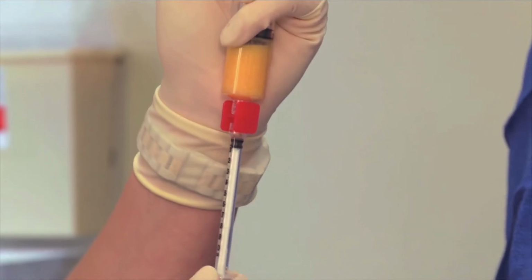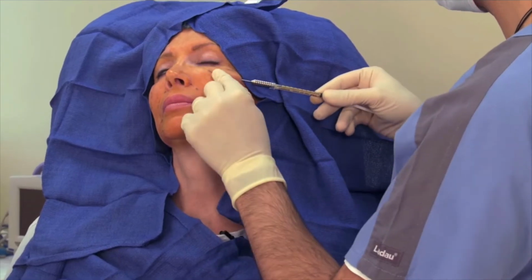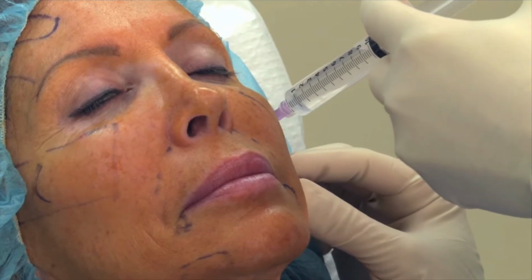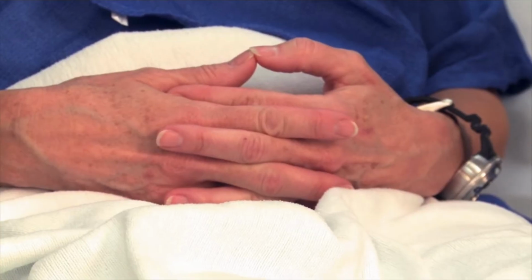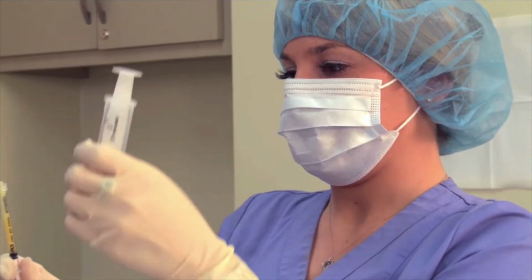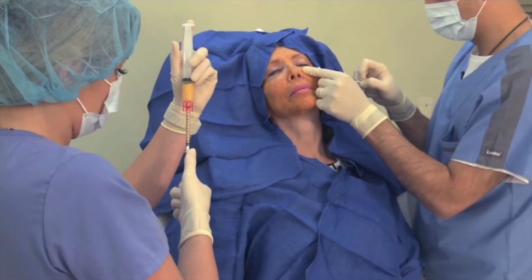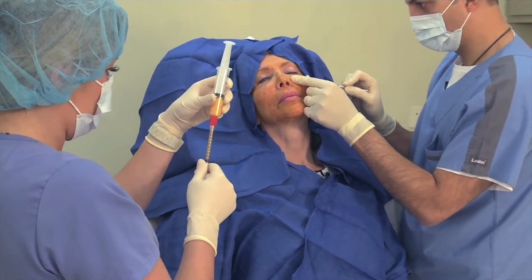We now are ready to inject it to where we want. In the face, we want to inject it so that we can restore the proportions. All of this is done with special cannulas that are not sharp, so we don't cut anything and we don't damage anything. We don't damage the nerves and we don't damage the blood vessels. So most people don't even get bruised while we're doing these procedures. It's a very comfortable procedure. We just numb the face like going to the dentist, and then we inject. Most patients just feel a little bit of pressure for 2-3 seconds as the cells are going in, and that's